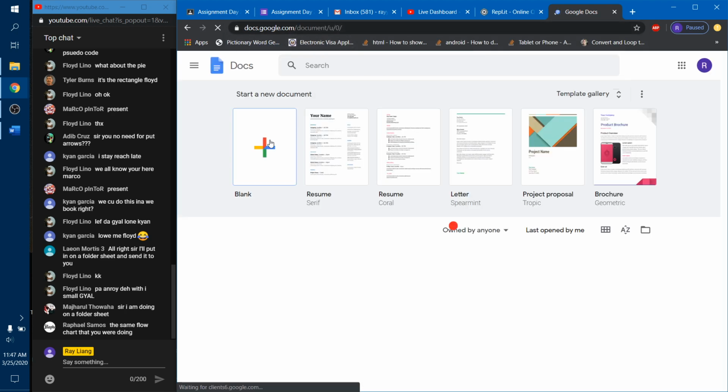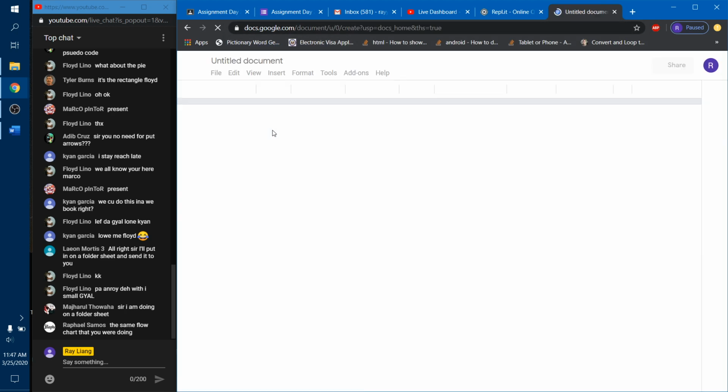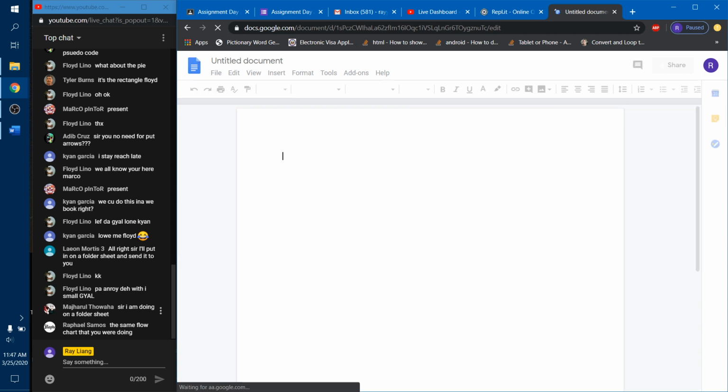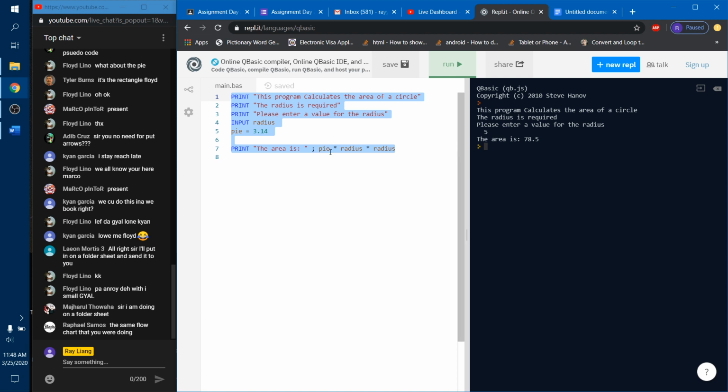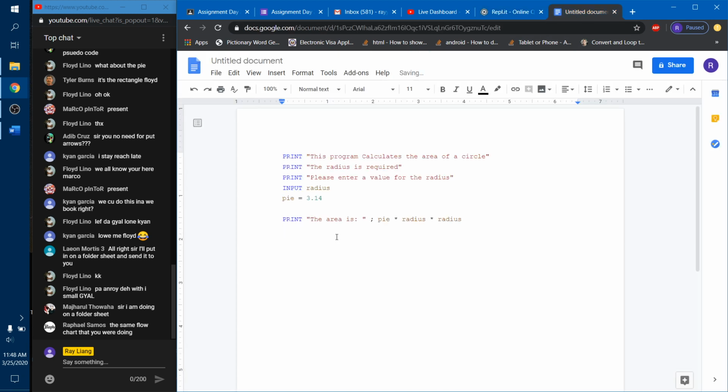There you go. Open a new document. Do the same flowchart. Flowchart should always represent the code that we're writing. And again, same thing, pretty much copy paste from Replit once you get it to work, and then insert